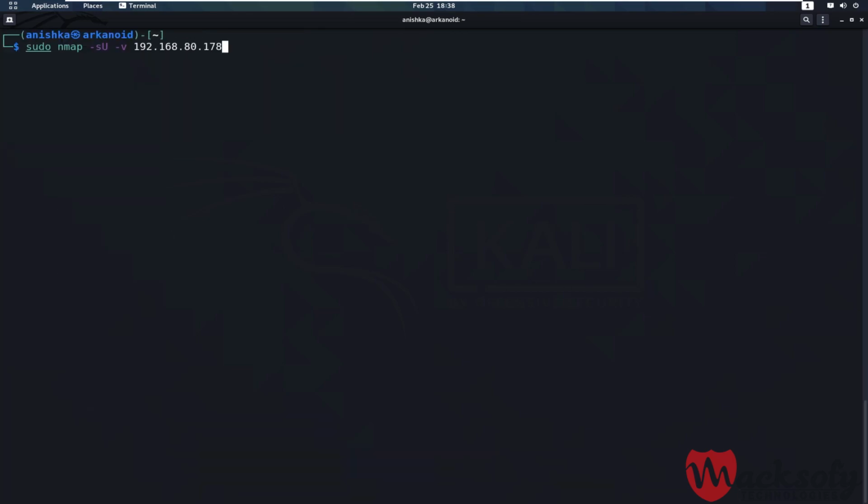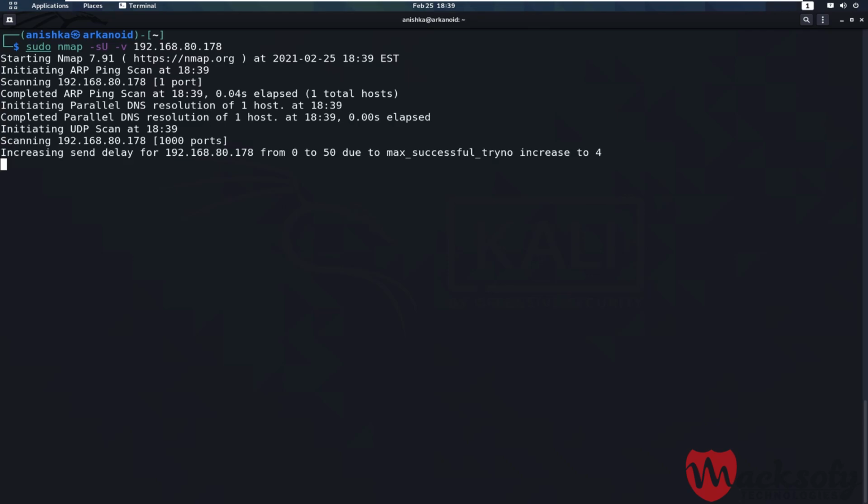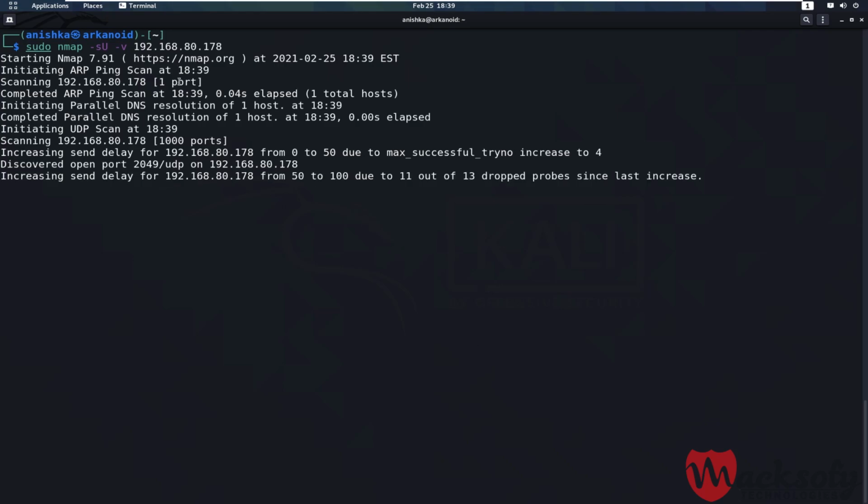Now to run the UDP scanning, we also need root privileges, and here we use the flag -sU to specify that this scan will be a UDP scan, and then we press enter. Keep in mind that this scan will be a little bit slower than the TCP scan. Since we turned on verbosity, we can see whenever we find an open port. As we can see here, port 2049 is open on UDP.